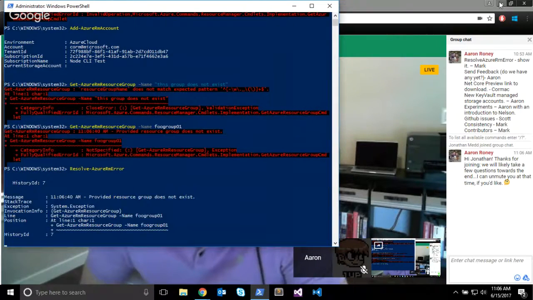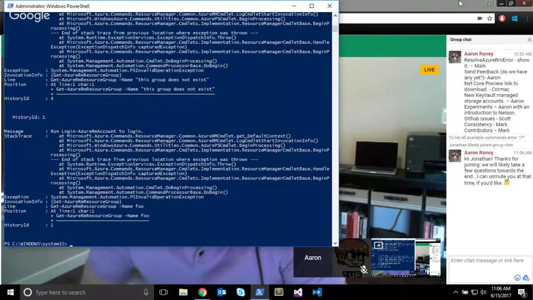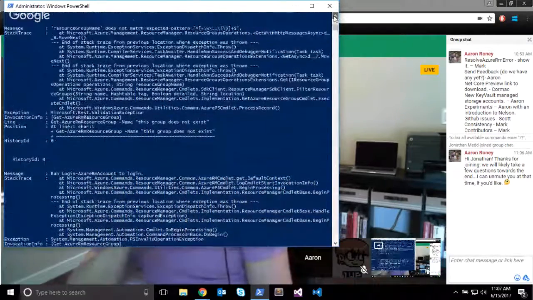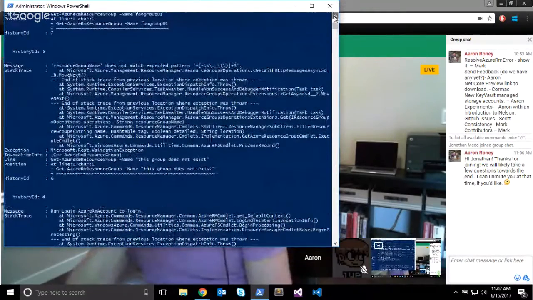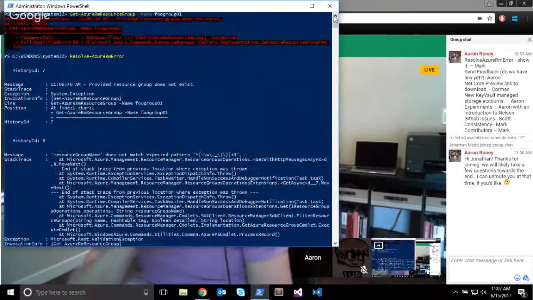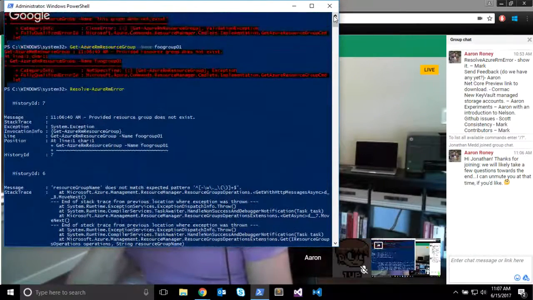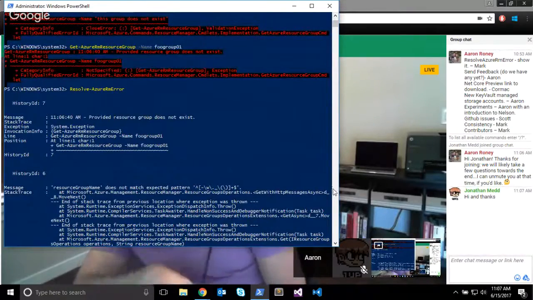Resolve-AzureRmError over these errors. By default, it'll go through the entire error variable, but you can pass it a particular error to find out about it. And we can see the last thing on the stack is the login Azure RM account error. And before that, we had our failure to match the pattern error. And then the other error we have is provided resource group does not exist. And unfortunately, this wasn't a really great example because it doesn't actually have much of a